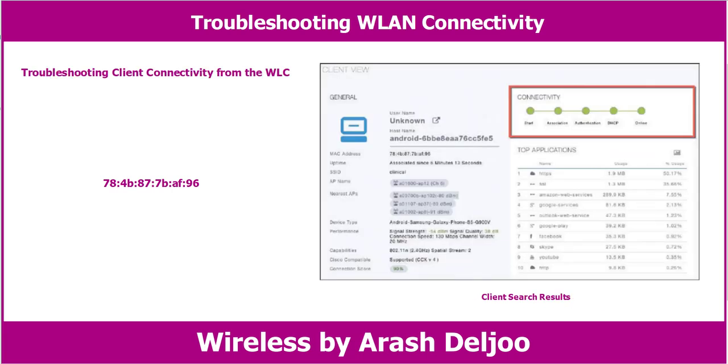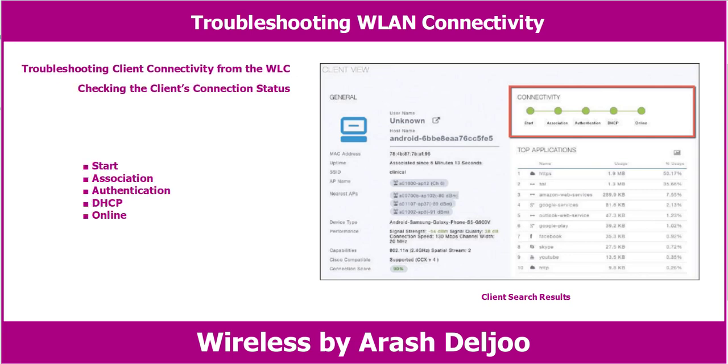The resulting details about the client are displayed in the client view screen, as you can see, shown in this figure. From this output, you can see many details about the client device listed in the left portion of the screen, and you can see connectivity and application information displayed on the right. Let me explain about checking the client's connection status. As you can see here,